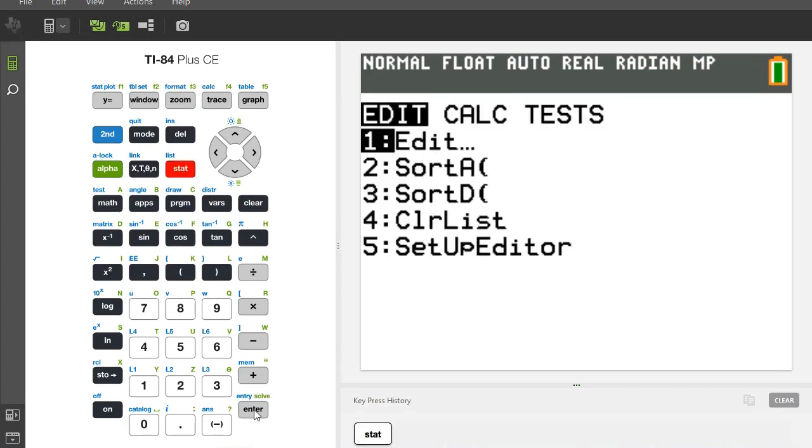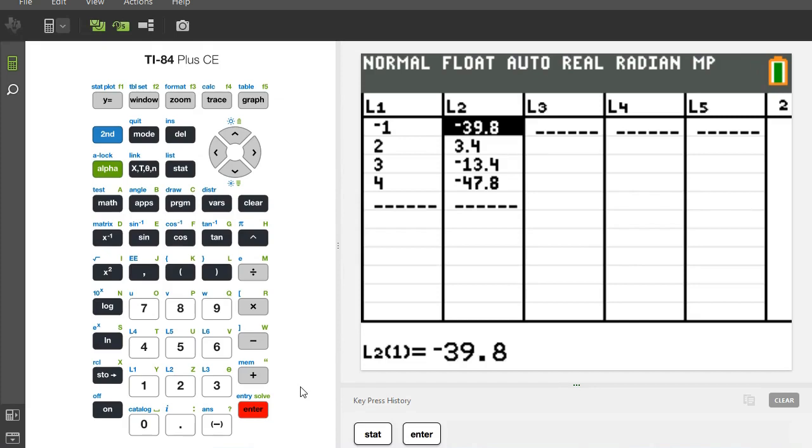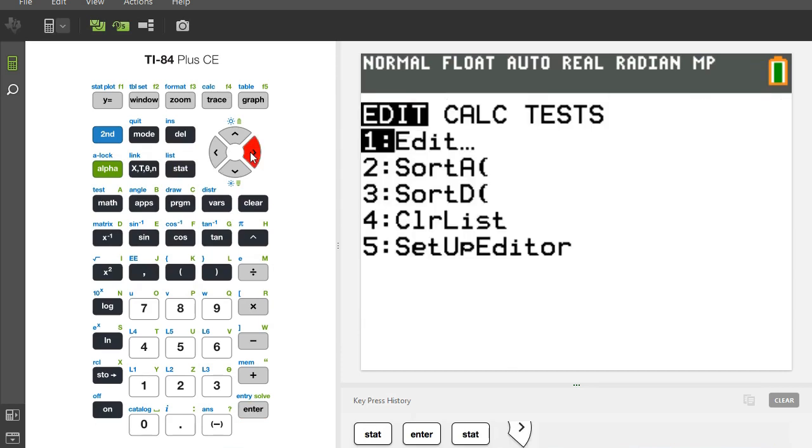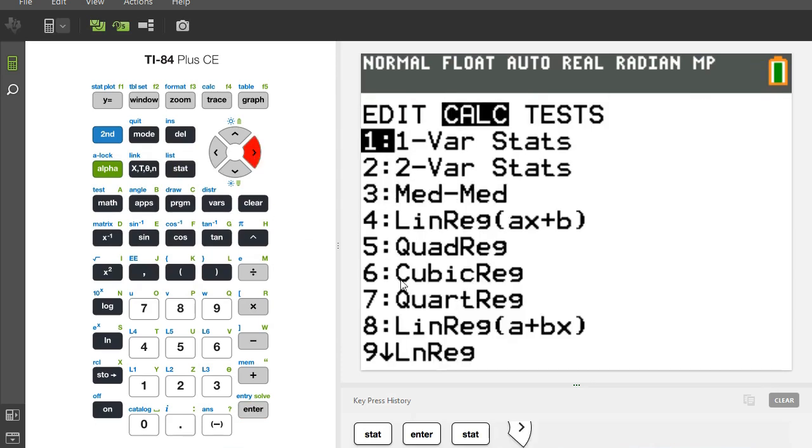And I'm going to try and do it as fast as possible because it could take a long time if I'm typing everything in. So I have already typed in problem 1's points. And so then I'm going to go to Stat, Calculate, and then this is asking for a cubic equation of